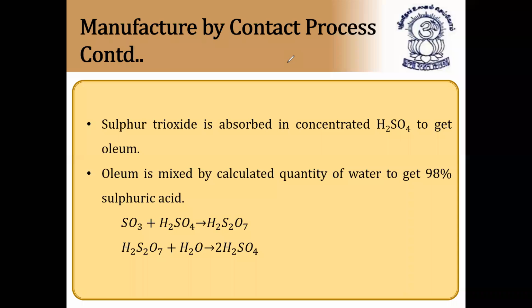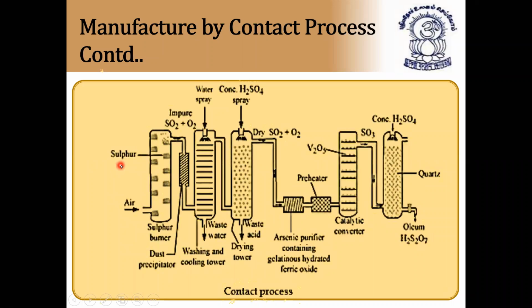Let us see the diagram now for this. As I told you, in the sulfur burners, air is released onto sulfur, so it forms sulfur dioxide. Impure sulfur dioxide dust will be removed in this chamber, and water is sprinkled on this so that the dust and arsenic are removed, and then this concentrated sulfuric acid is sprayed on the sulfur dioxide along with oxygen. Formation of sulfur trioxide takes place, and this arsenic purifier contains gelatinous hydrated ferric oxide. What is this called? Arsenic purifier